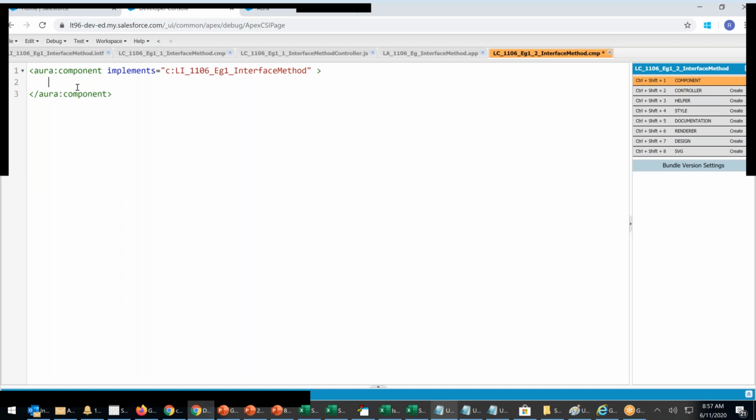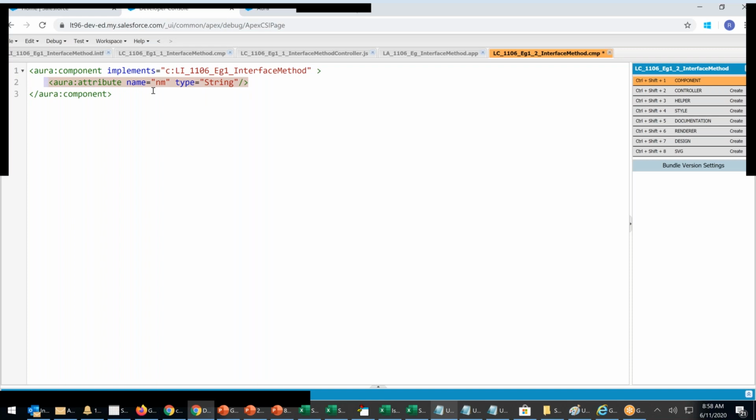So in this component, I'm adding an aura:attribute with name equals nm, type equals string.